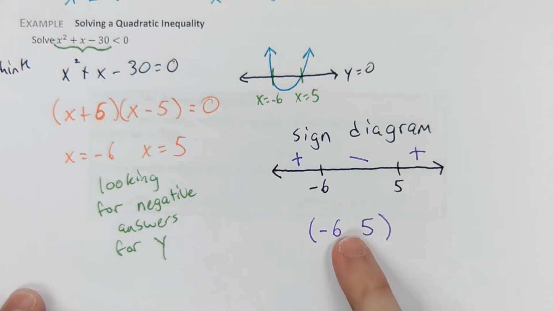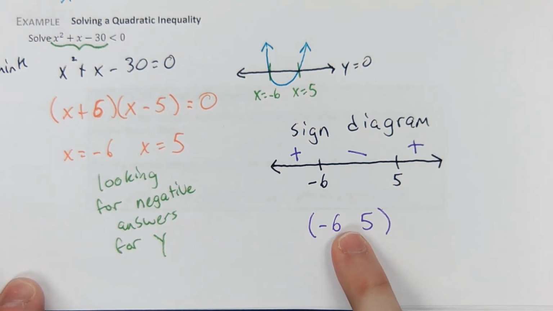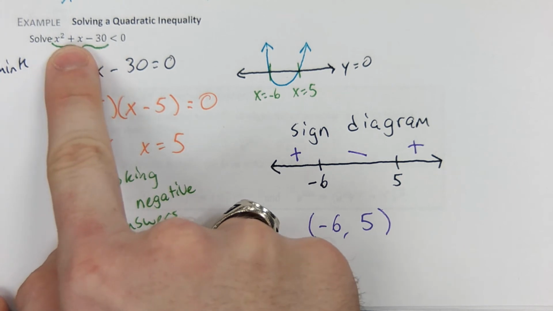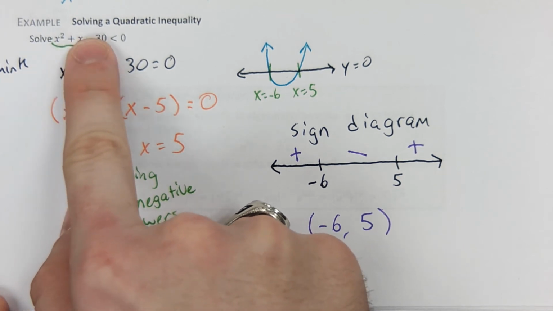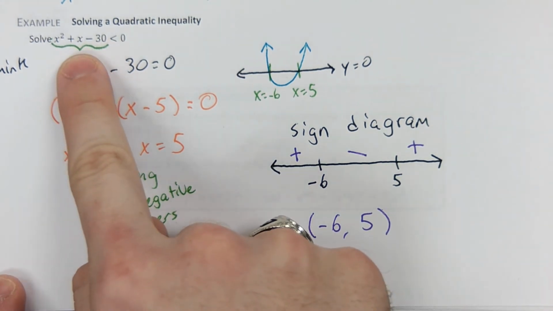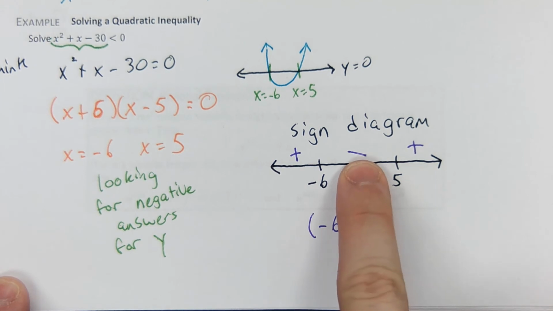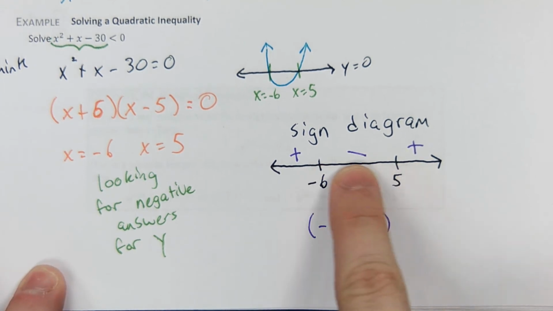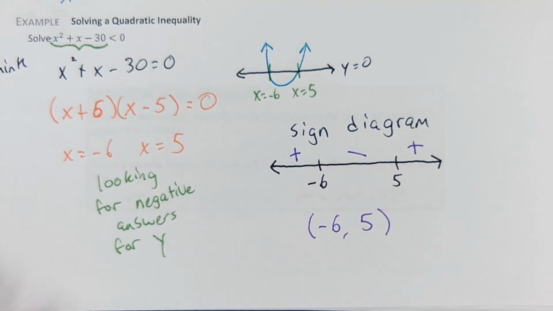Like 4. If you plug in 4, 16 plus 4 is 20. 20 minus 30 is less than 0 because it's negative. So what's happening is this graph has negative y values between these two x values. And that's what we were looking for. And just to prove the point,